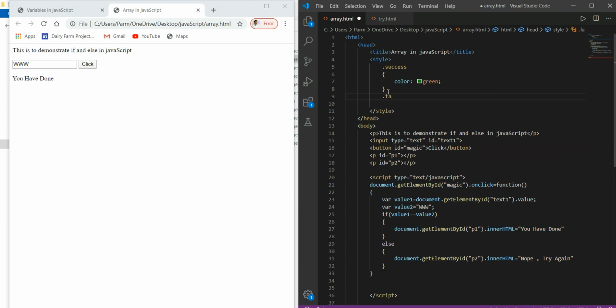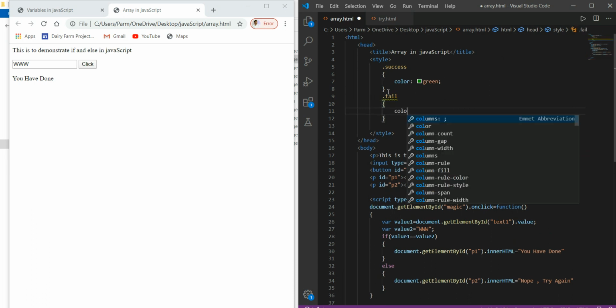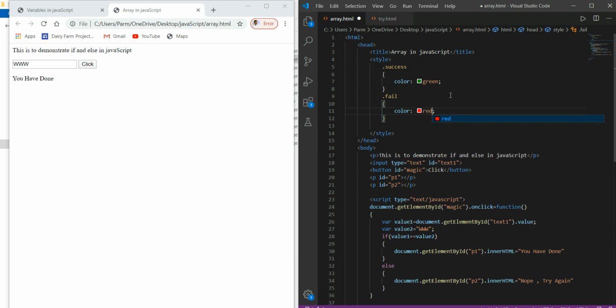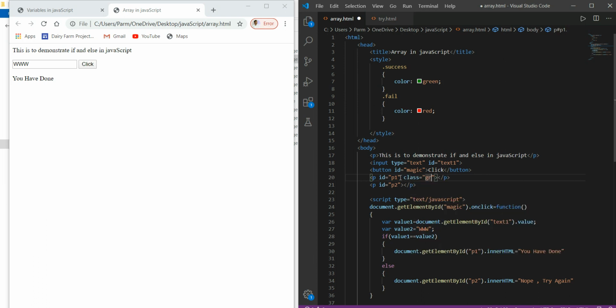If the condition doesn't match, here we write color red. So we apply this here, class green, and we apply class red.